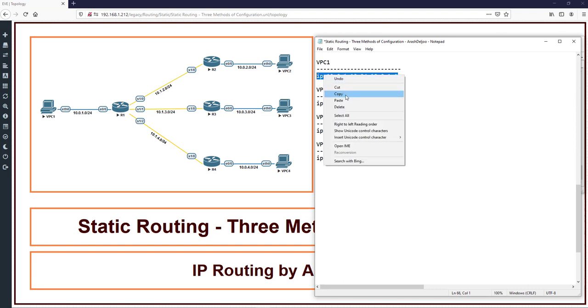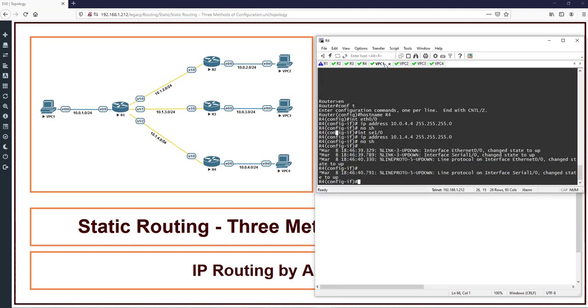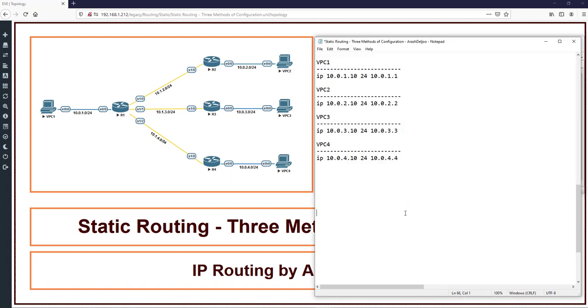First, VPC1, copy the configuration of VPC1. This is VPC1, and then the next device is the